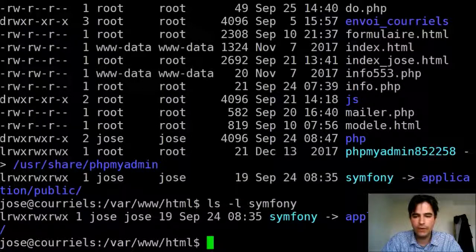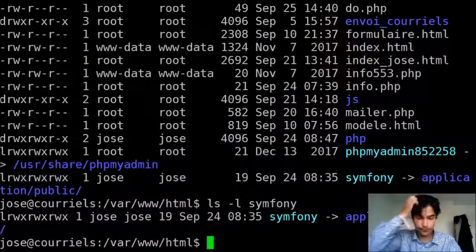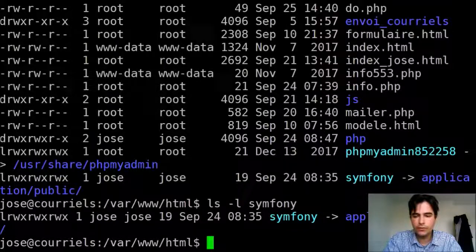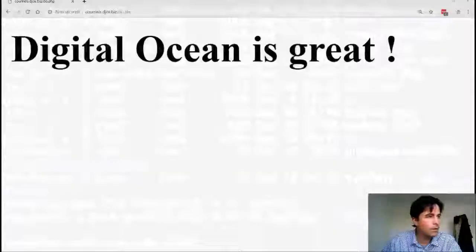Application is the folder I named when I installed Symfony. It's a Symfony 3. So the symbolic link just goes to the public folder of Symfony. And so now I have to show you that it's working.